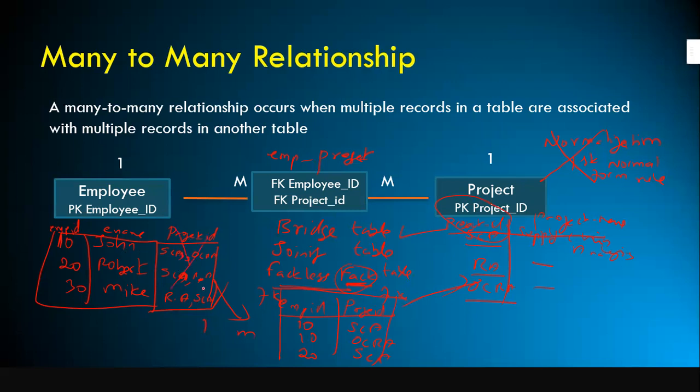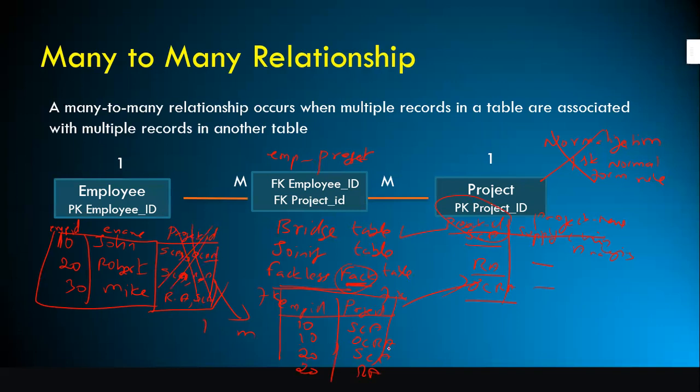So you forget to remove this one. Okay, this is not going to work out. This is not the right approach. Hence, I'm going to strike it out. So now you have only two columns. So I put John here. John is working in SCA. In the next row, I put 10 here again. A foreign key column can have more than one value, right? Duplicate values. And here the second project which he is working on, that's what I mentioned here. And similarly, Robert is working on SCA, and again Robert is working on another retail analytics project.